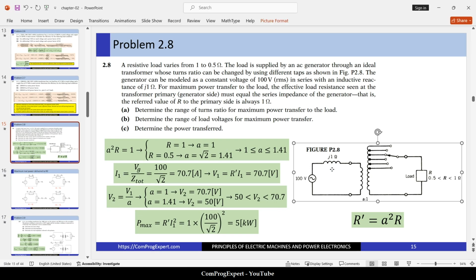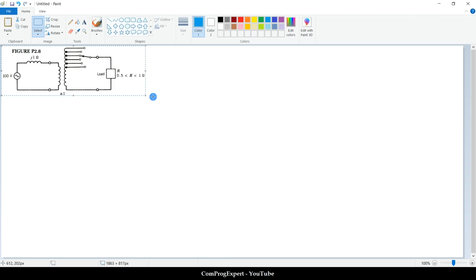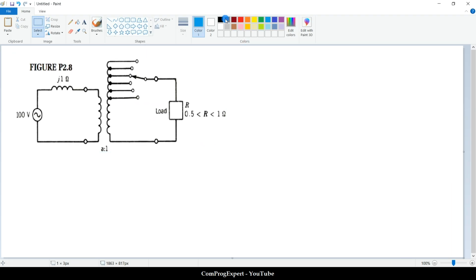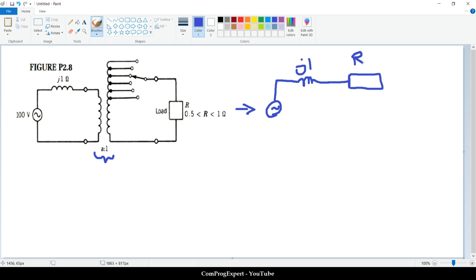How can we transfer it? This is the problem. We have this ideal transformer, and this is the turns ratio. You remember from the chapter how we can transfer R to the primary side? This will be the equivalent circuit. This is the voltage, this reactance j1, and this is the value of R prime. This is the transformer,